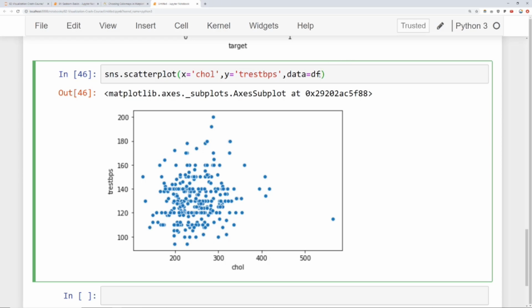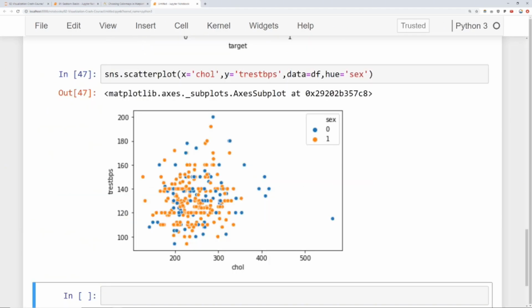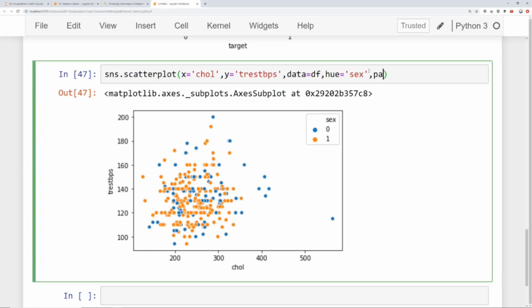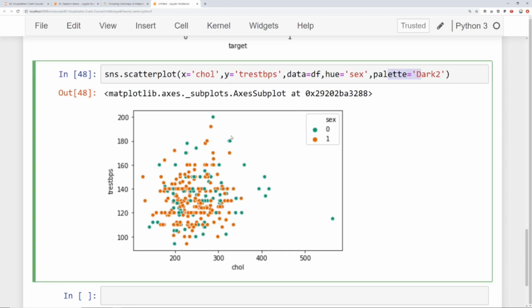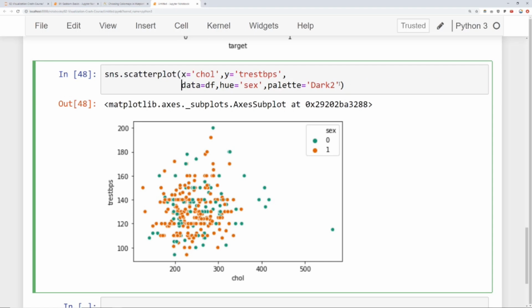So what I can also do is start adding in hues to color points differently based off a category. Again, maybe I can choose sex for this. And then what I can also do is start playing around with the palette. So maybe I want these to be colored differently. I can say palette is equal to dark 2, for instance, and then I can see these results. So if you're colorblind, you may want to play around with the palette until you can distinguish the points correctly. And you should also be keeping people that are colorblind in mind when you're performing visualizations that are dependent on